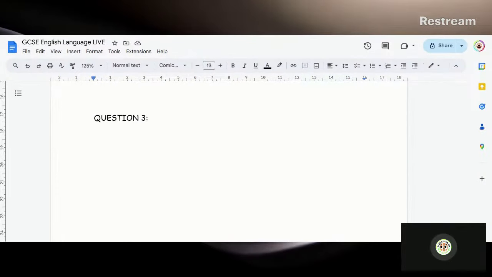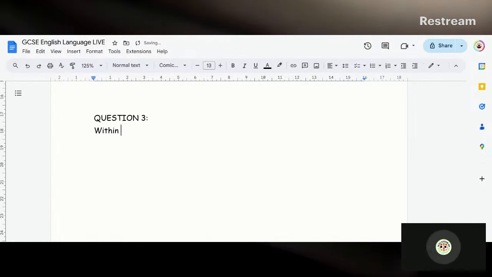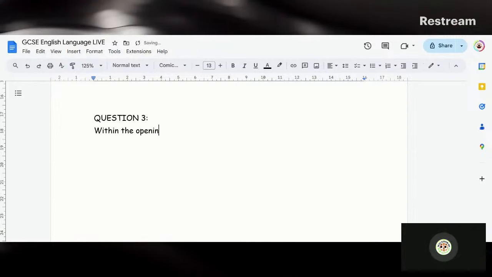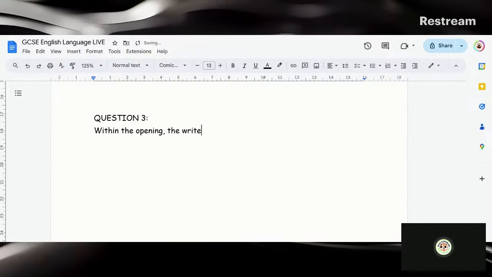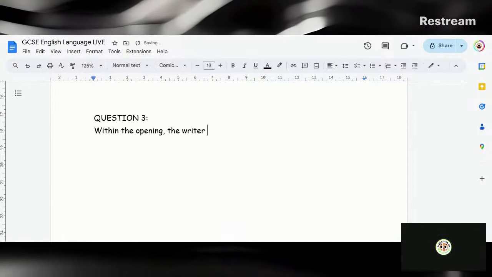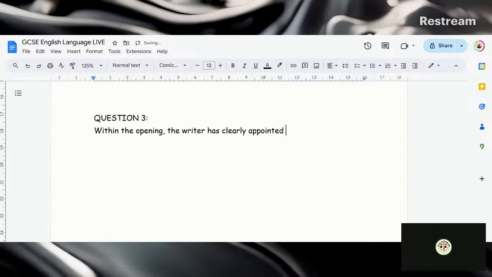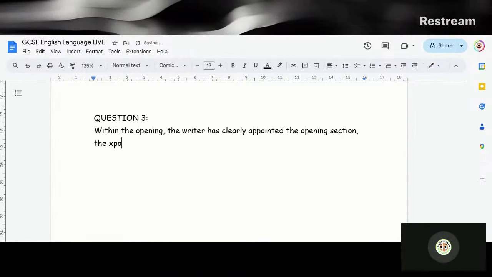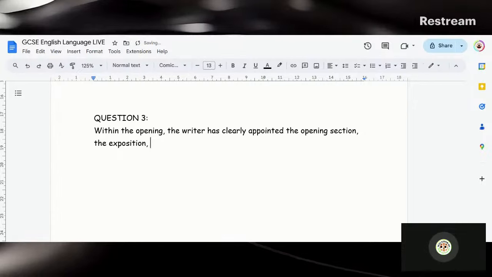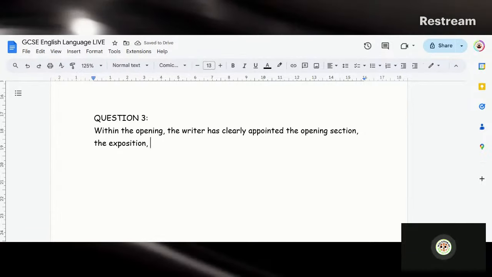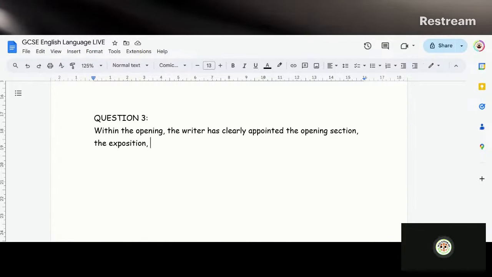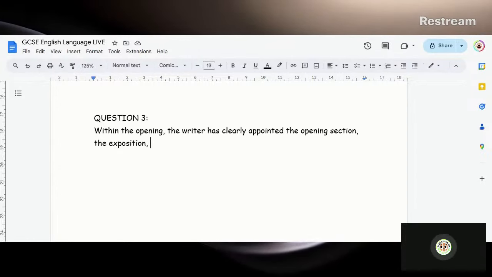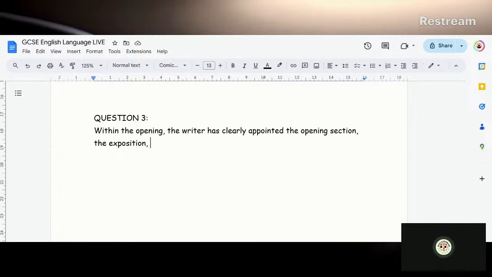So let's go through this. Starting all of our paragraphs like this within the extract, or we can say within the opening, as we were told that the writer has clearly appointed the opening section, the exposition. I would recommend saying that. Exposition just means opening, normally of plays, but you can also talk about it in terms of story. And exposition is always supposed to be quite harmonious. Everything is perfect, and then you've got the rising action where trouble starts to get brewed. So, clearly appointed the opening section, the exposition, to portray